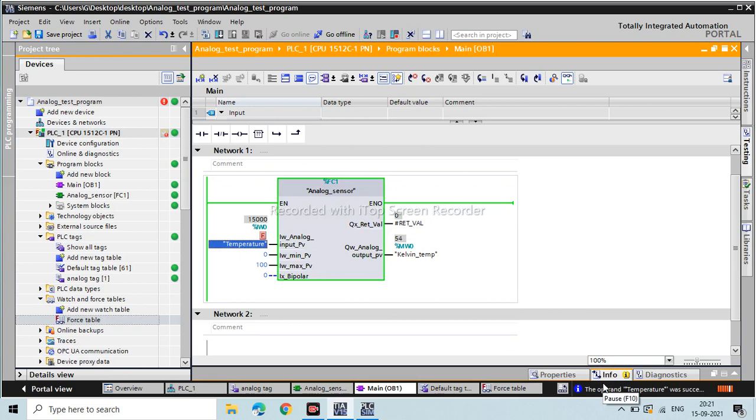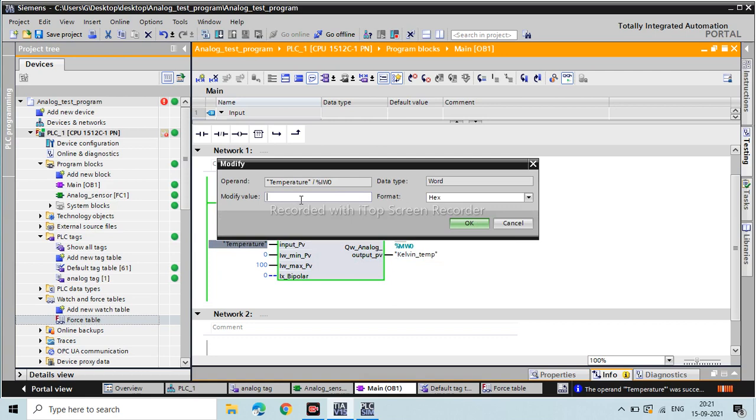So here is one issue: because I don't have a physical analog input or analog sensor connected to my device, I cannot put any value here. So I have to do a force, and I force that value to 15,000. So right now it is 15,000, and what I'm getting is 54. If I do